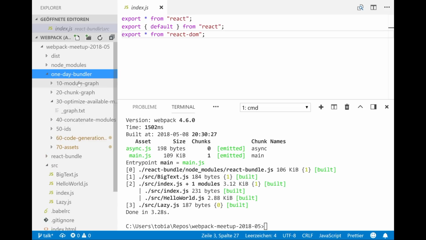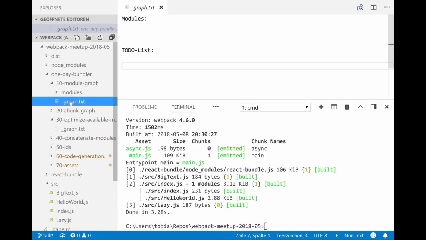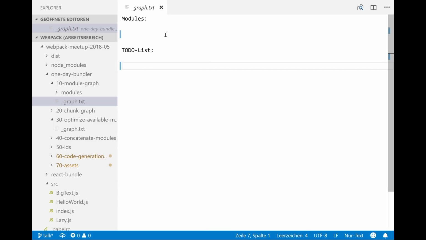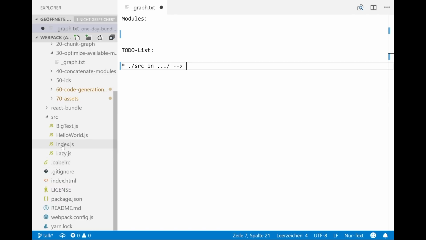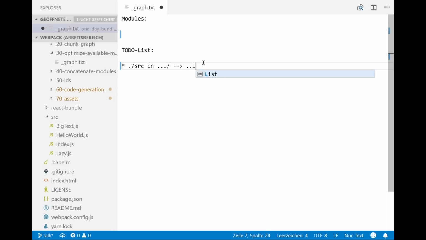So in the first step, we try to build the module graph from this application. I created this little task. The first step is to add the entry point to the module list, because Webpack defaults to ./src in the current directory. This is the first task in the to-do list. The first step Webpack does, and I do also in this live coding, is to resolve it to some absolute path. In this case, I look in this folder, which is called source, and try to find an index file, and I found one, and this will resolve to source/index.js.